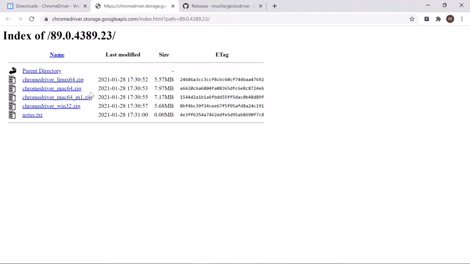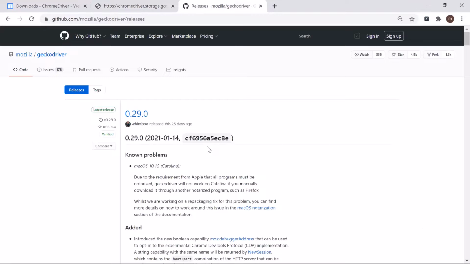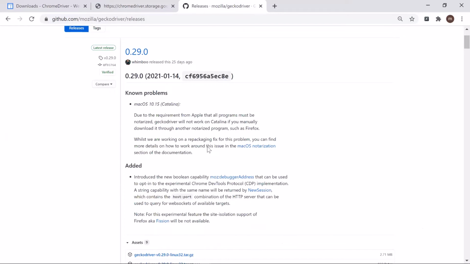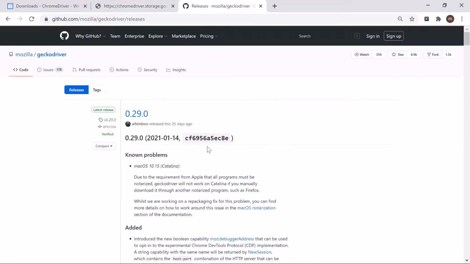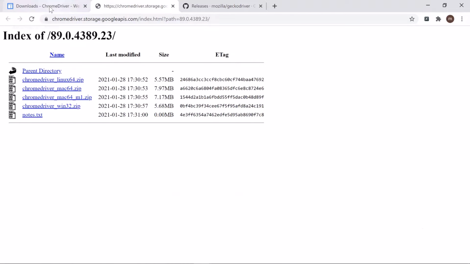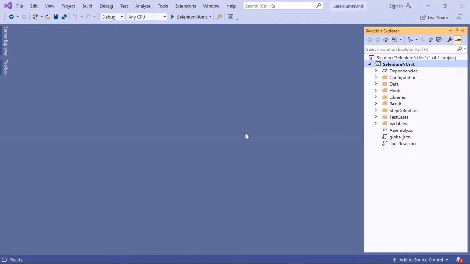This is quite painful because each time we have to download the new drivers manually when a new version of the browsers is released. Now to remove all these manual efforts, WebDriver Manager comes to the rescue. It does this job for us.